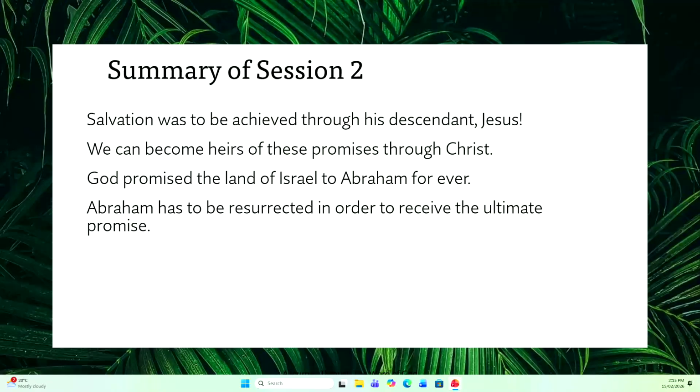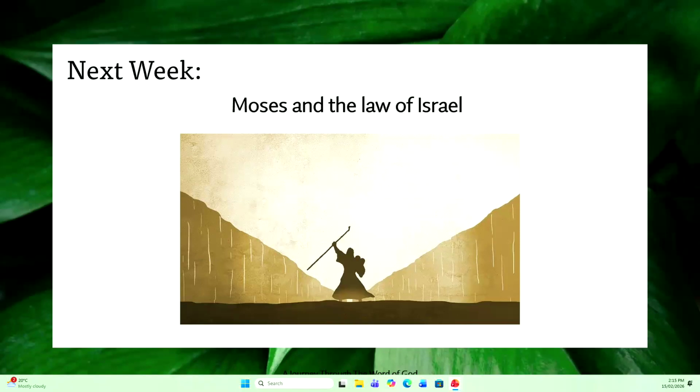And we're going to see in week 8, a couple of weeks from now, what that picture of the kingdom and living on the earth forever will actually look like, using the Old Testament as well. So next week, Brother Graham is going to pick up a couple of hundred years after Abraham, talking about Moses and the Israelites being in Egypt, and he'll unpack how that all works out in week 3 of the Golden Thread.